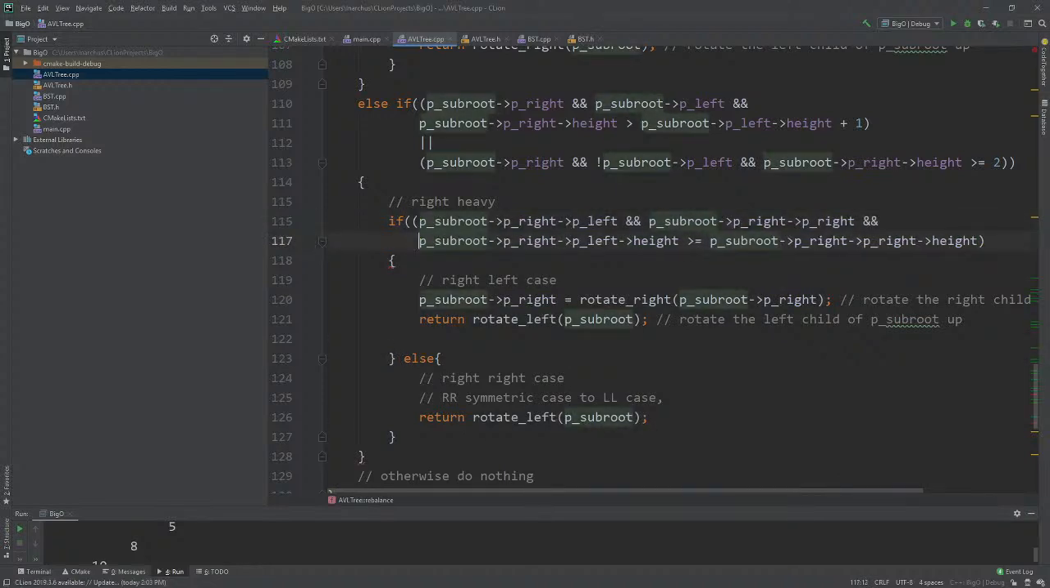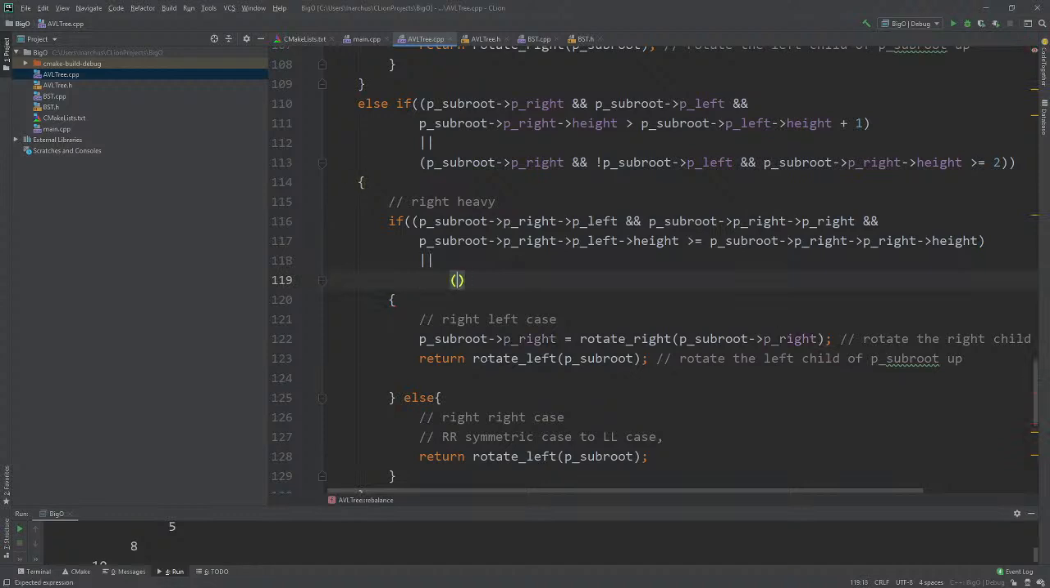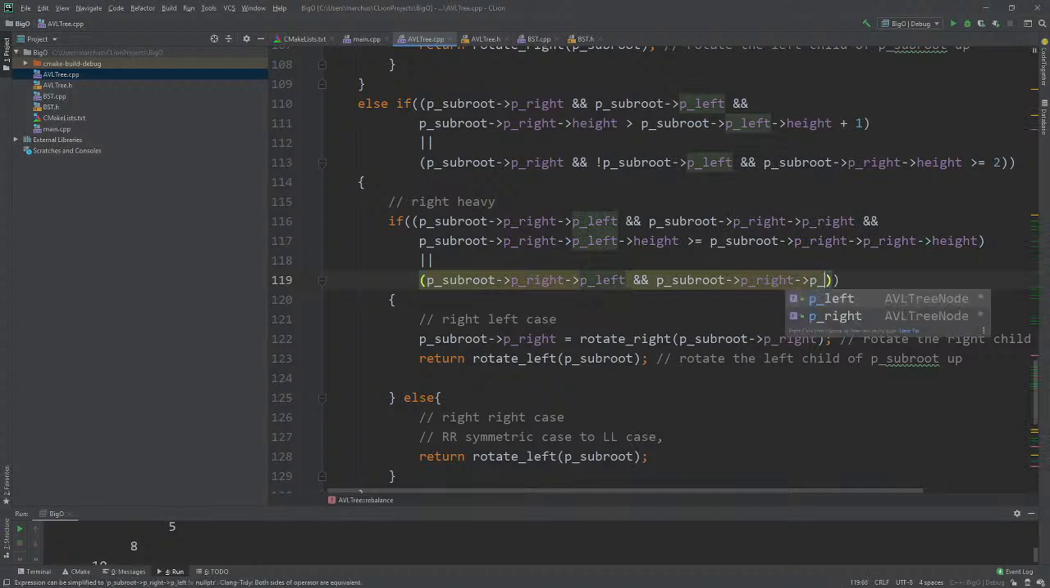Otherwise, what do we have to do? So what's the possibility that's going to fail? Well, actually, how do we get into the right-left case? We get into the right-left case when the thing exists on the right and then on the left. So basically what we would say is that maybe p subroot dot right dot left exists and p subroot dot right doesn't exist,